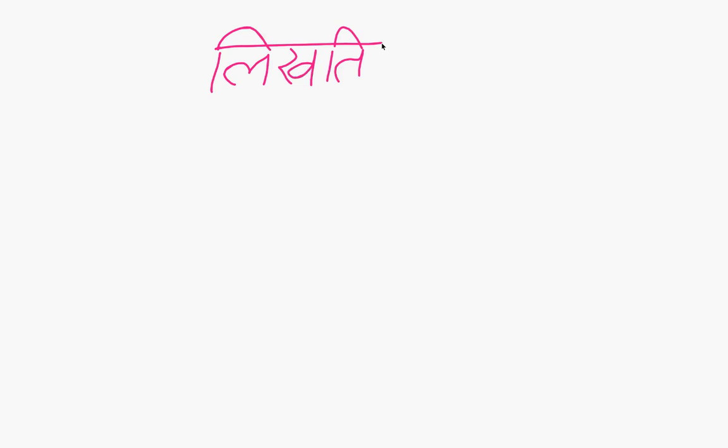Again, the Vikarana Pratyaya is missing in the Lrit lakara, which is not very obvious here. One thing we can see as an example is Pruchhati. What is the dhatu for Pruchhati?